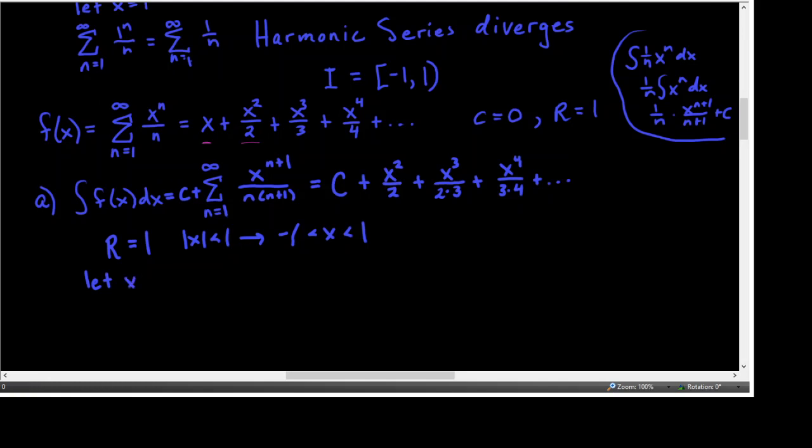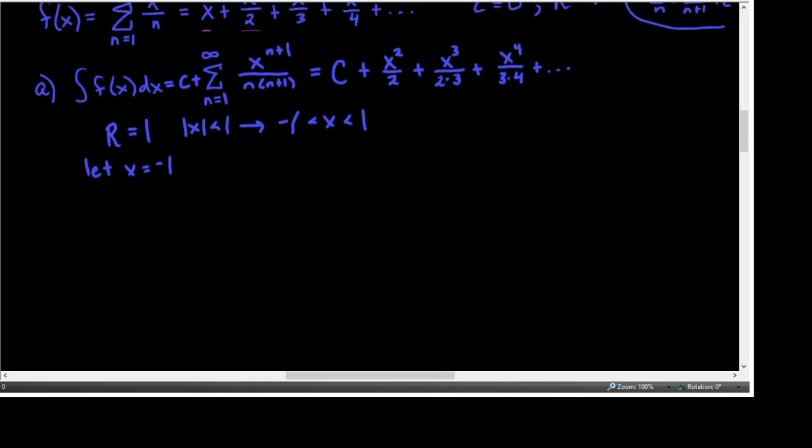So let's let x equal -1. So that would be sigma of -1 to the n plus 1, and I let x equal -1 over n times n plus 1